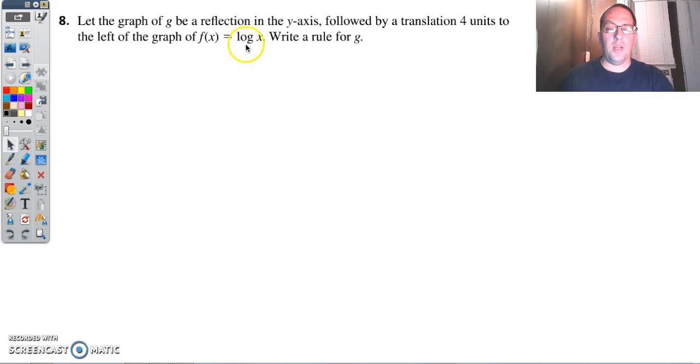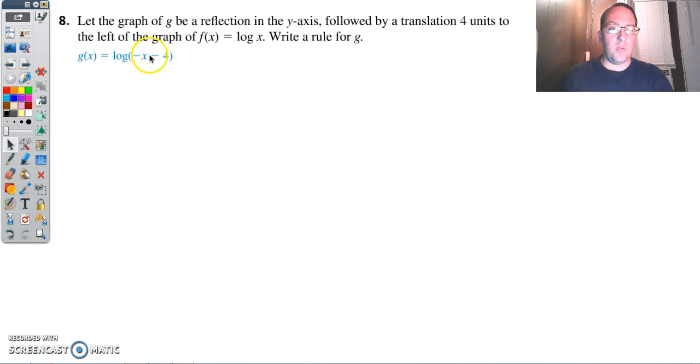First, here's our base, common log of x. This is base 10. All right, we have a reflection in the y-axis, followed by a translation 4 units to the left. Well, a reflection in the y-axis, that is a horizontal move, remember, because we're going this way over the y-axis. So that's horizontal, so it's on the inside just with the x. It's a reflection, so it's negative. So we're going to have negative x,